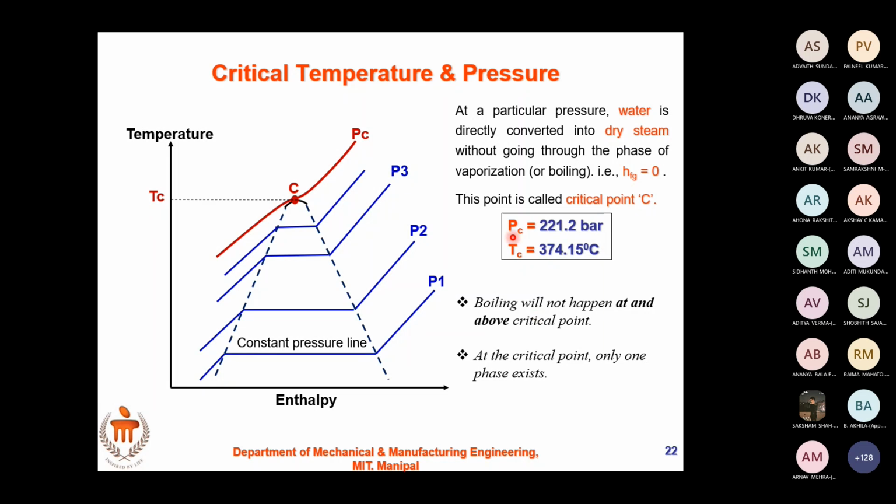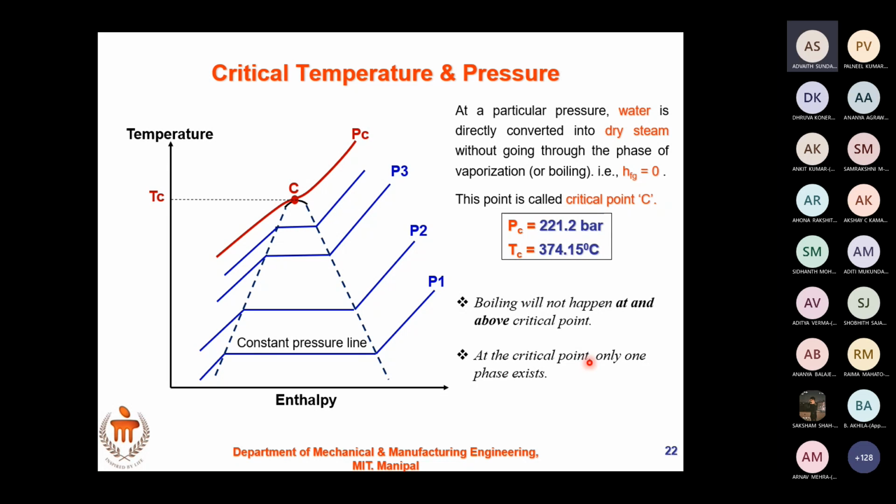Repeat your question once again. Ma'am, the PC and TC we've got, the temperature and the pressure, is it for only 1 kilogram of water, or applicable always? When you take mass into consideration, there will be per kg. Here, there is no per kg. It is for any amount of water. Okay.